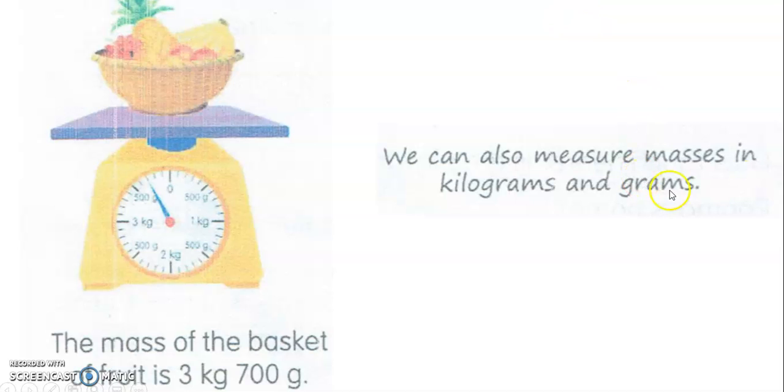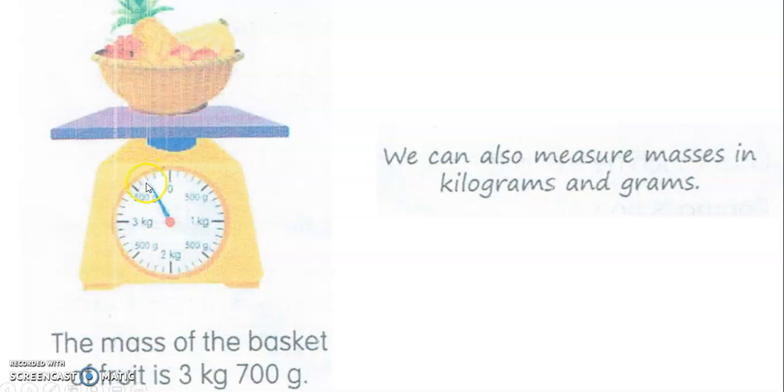We can also measure mass in kilograms and grams at the same time. Like this example, the mass of the basket of fruit is 3 kilograms 700 grams. In this case, we measured the basket of fruits in both kilograms and grams, so we said that it's 3 kilograms 700 grams because the pointer here shows